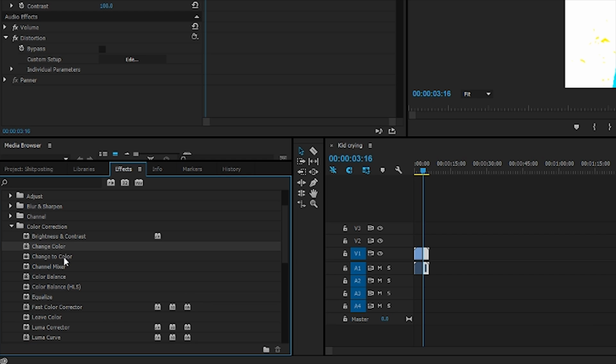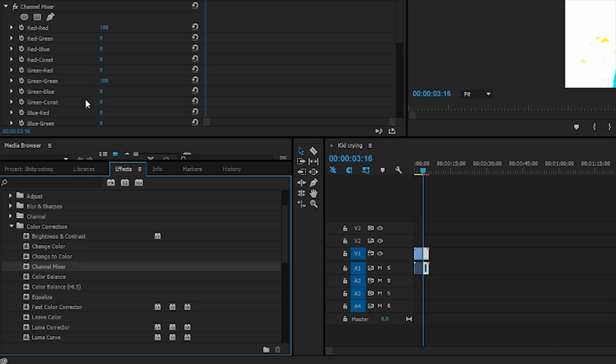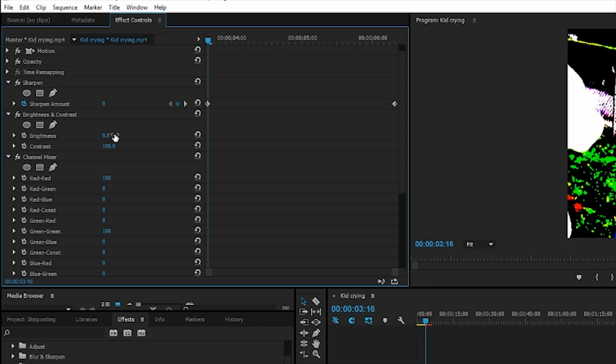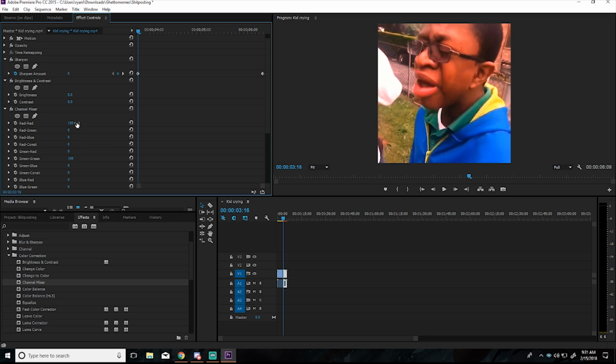Change color. Change the color. These aren't really important. What you want to use is channel mixer. That's what I use. And if you want to make it like red, like the screen just red, well, I gotta make this so you guys can see this. This is kind of the problem with those tools, but as you can see, this kind of makes it red. If you go to red or use red contrast,